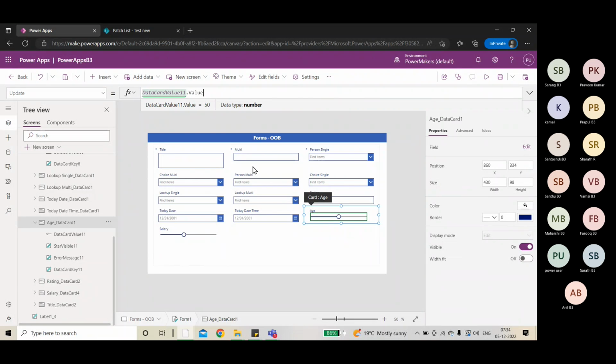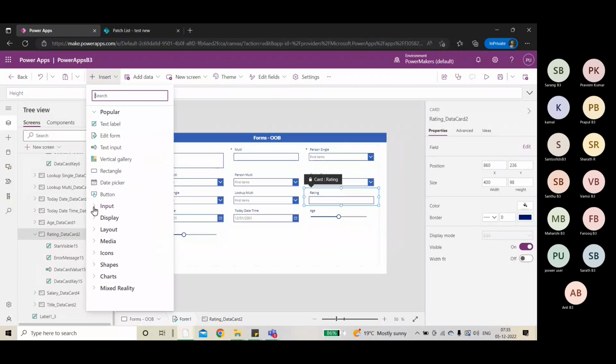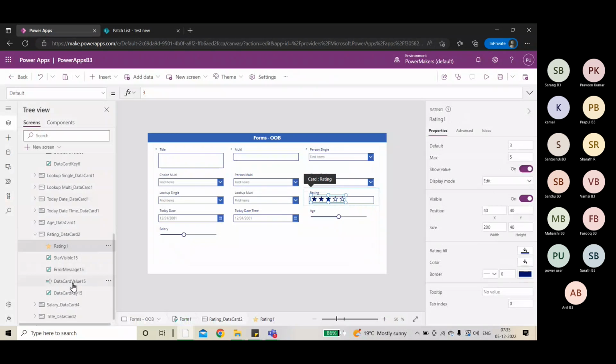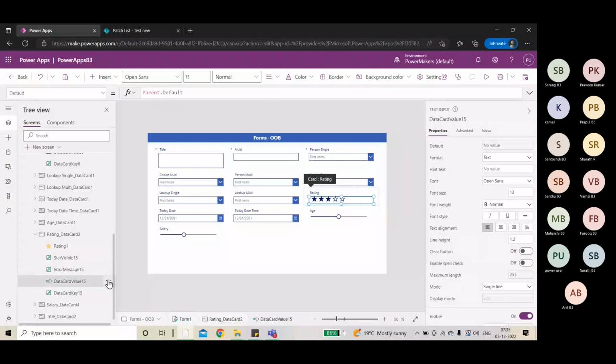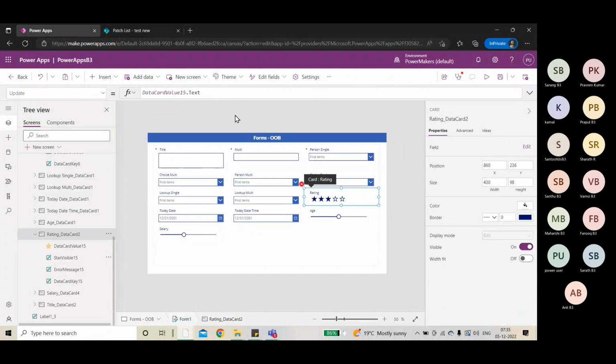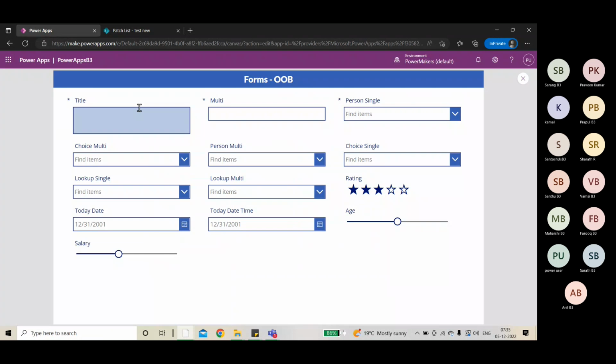Okay. One more field we are customizing called rating. This time we are going ahead and adding the star. So input controls, rating control we are bringing. Unlock and add. Same process. Copy this one and delete that particular text box control, change the name, and there is an error immediately produced from text to dot value. So we have learned how out of box to